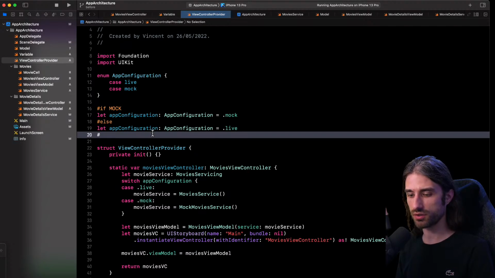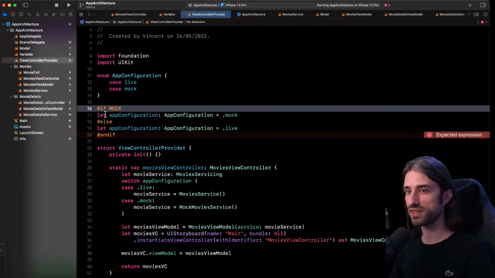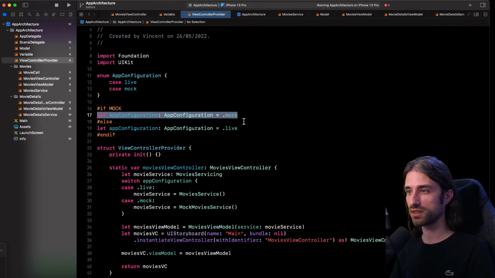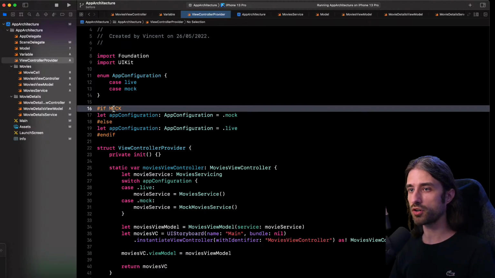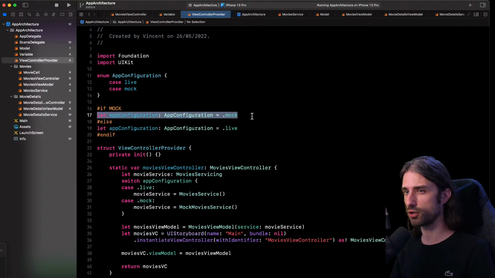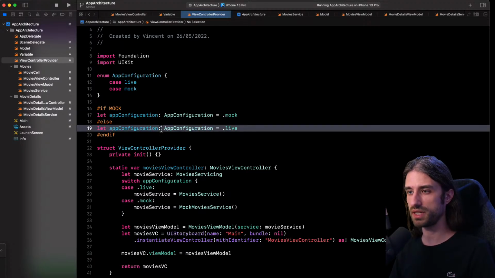This hashtag if is called conditional compilation, and I need to add an end if here. When mock is set, this code is built, and this code in the else block is completely ignored by the compiler. Conversely, when mock is not set, this code is ignored by the compiler. It doesn't exist in the eye of the compiler, and this other code is being built.